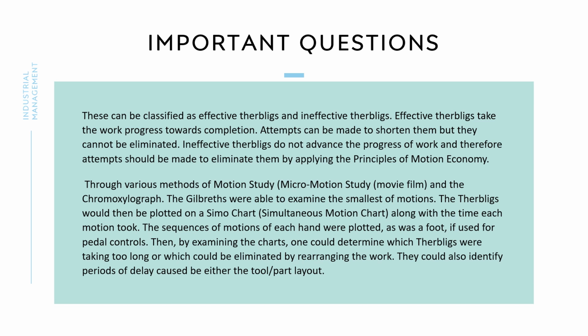Through various methods of motion study, micromotion study, movie film, and the chronocyclegraph, the Gilbreths were able to examine the smallest of motions. The Therbligs would then be plotted on a SIMO chart, simultaneous motion chart, along with the time each motion took. The sequences of motions of each hand were plotted, as was a foot, if used for pedal controls. Then, by examining the charts, one could determine which Therbligs were taking too long or which could be eliminated by rearranging the work. They could also identify periods of delay caused by either the tool/part layout,